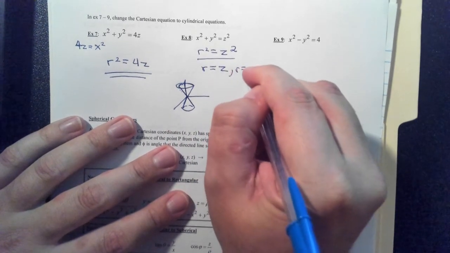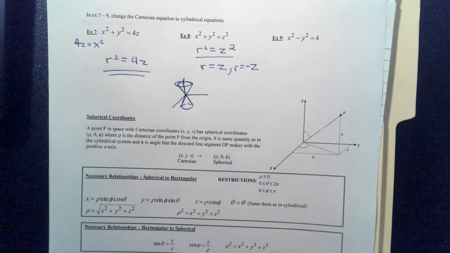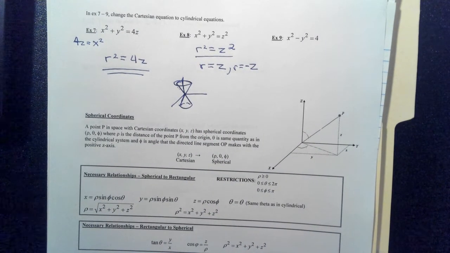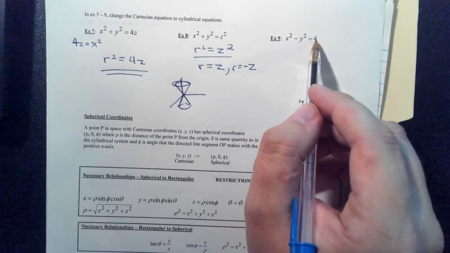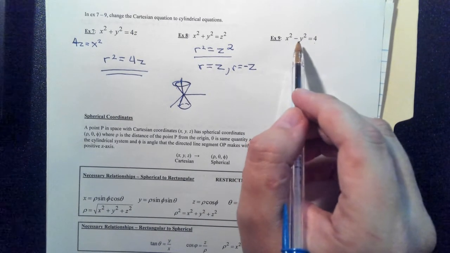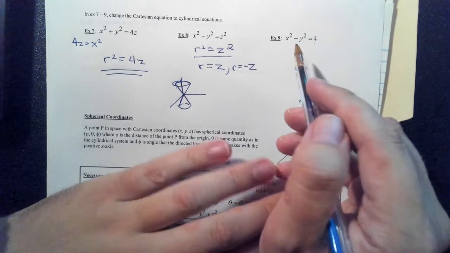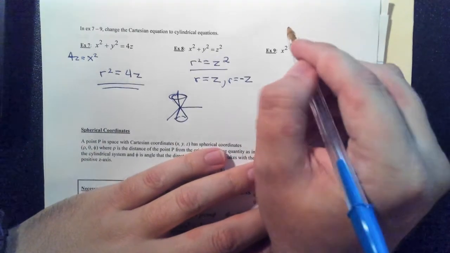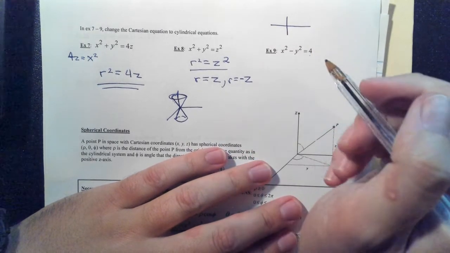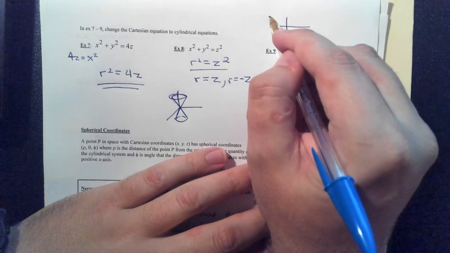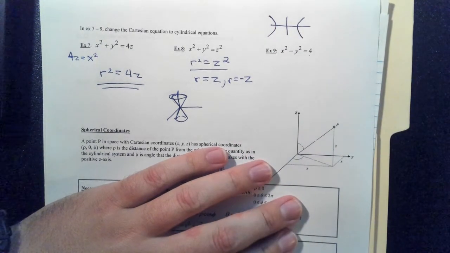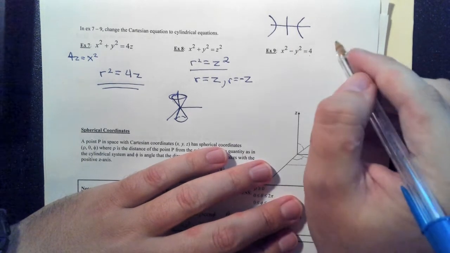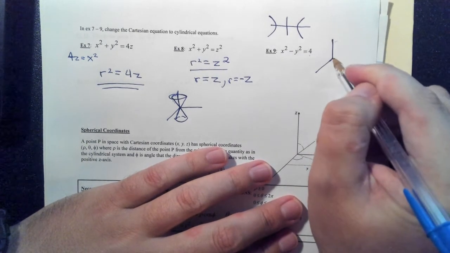Okay, this last thing right here, x squared minus y squared equals 4. Even though that's not 1, I recognize I'm subtracting two squared terms, which means this in the xy plane would be a hyperbola opening in the x directions. I'm not going to worry too much about making this accurate. It'll look something like this. So since z is allowed to vary, what I would have in 3 space, again if I'm trying to visualize what this would look like,